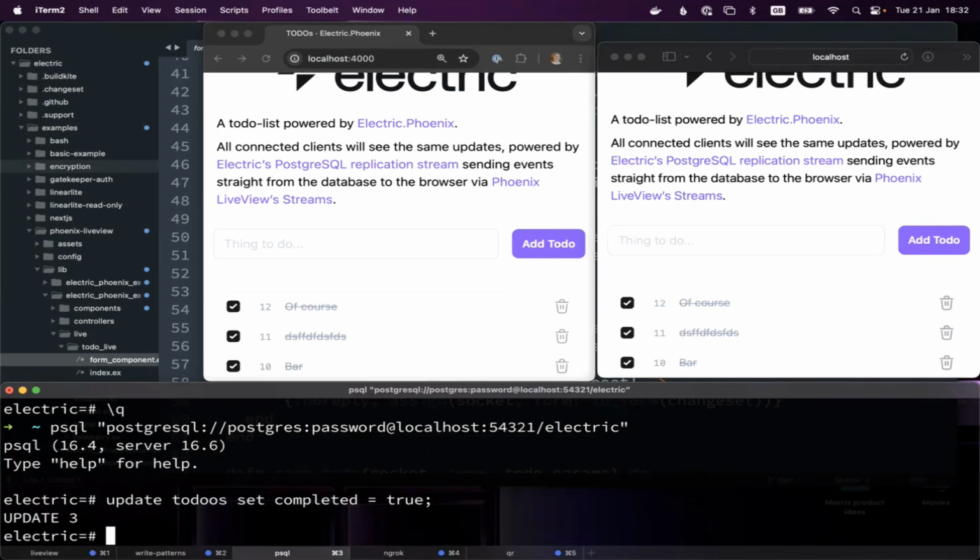So it is a very nice way where there is basically zero additional wiring to your application to make it real time. And there is no silo in your data model. It is just Postgres. And you can have any application writing to Postgres and everything just syncs. So this is a pretty powerful and productive paradigm for building real-time applications in Elixir.